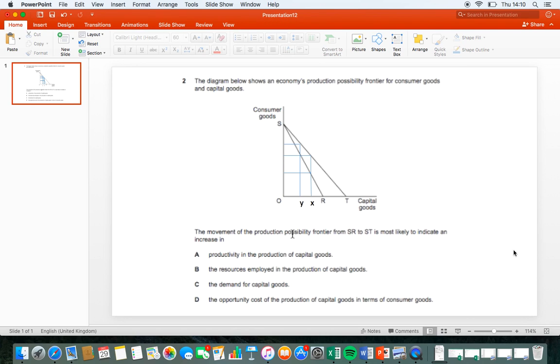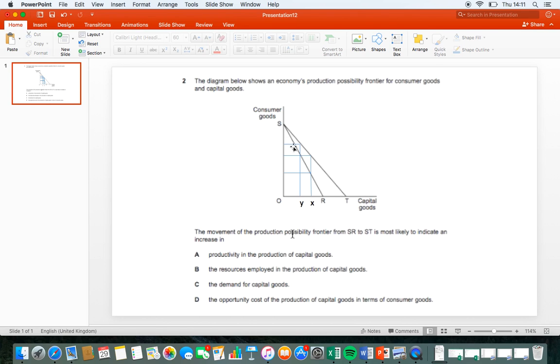Okay, so we've just proven that by drawing lines to show an increase in output and what the opportunity cost of the production of capital goods in terms of consumer goods has been from SR and ST, and there hasn't been an increase in the opportunity cost, so therefore you can rule that answer out. Now just to dig a little bit deeper and explain why this has happened,